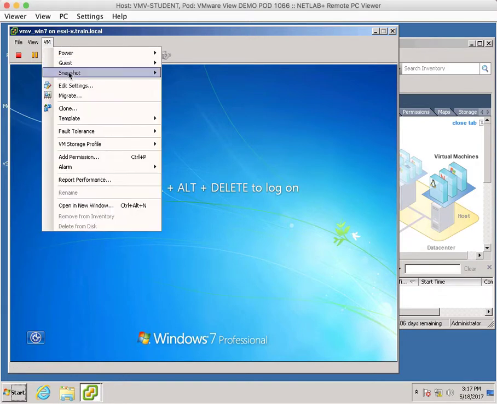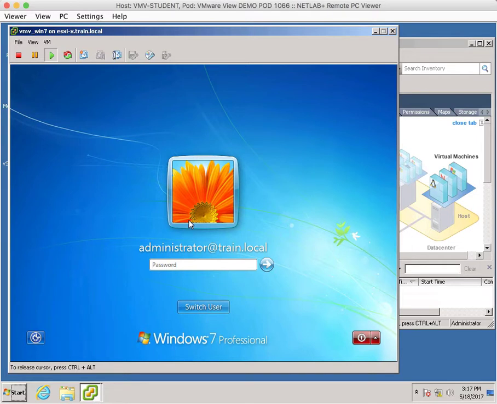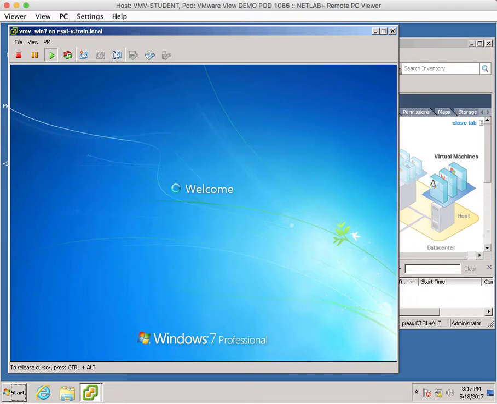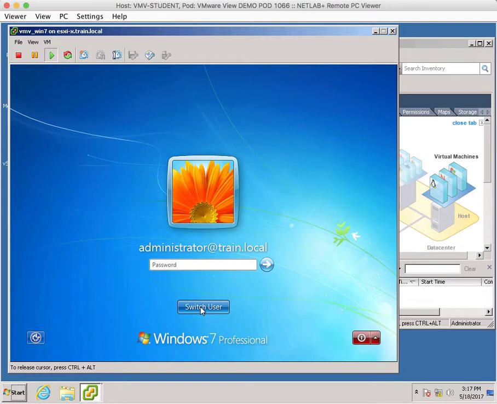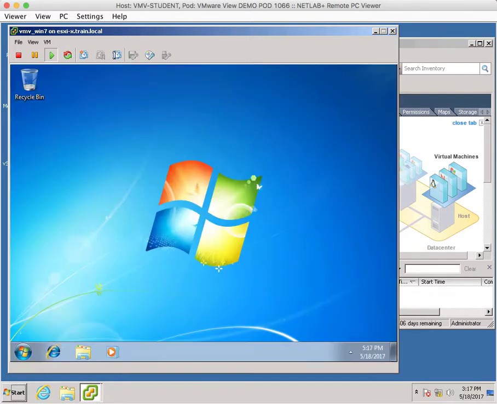All right, we'll send the control delete here. Log back in as administrator again. And then what it's going to ask you to do is launch services and disable the firewall. So this is, where are we? We were on task, it's task 1 still? It's task 1. So task 1, and we are on step